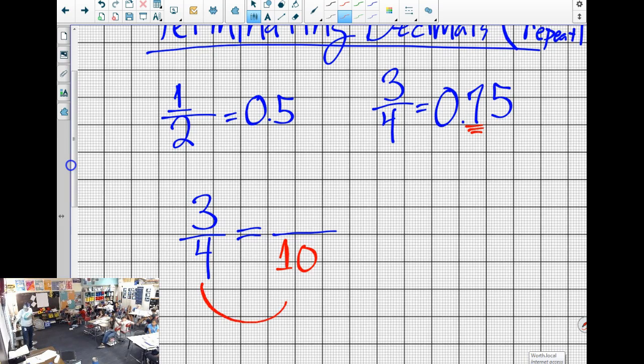Can I turn 4 into 10 easily? I could, no matter what, but could I do it easily? Can I turn 4 into 10? It's some sort of multiplication, right? We don't want to divide. We're trying to multiply. No, right? Can't do it. Not easy. Can I turn 4 into 100 easily? Yeah, that's pretty easy. Now, here's the trick that is going to serve you very, very well this year. If you listen now, you're going to save yourself a bunch of time and struggle. If we don't know what to multiply by,